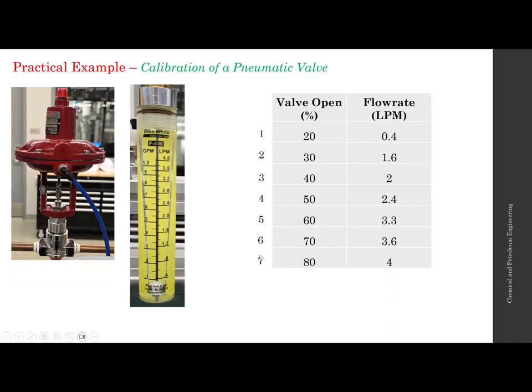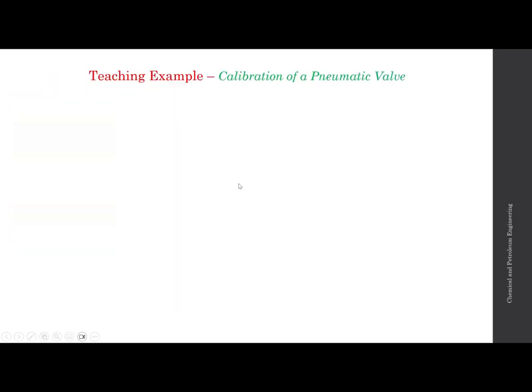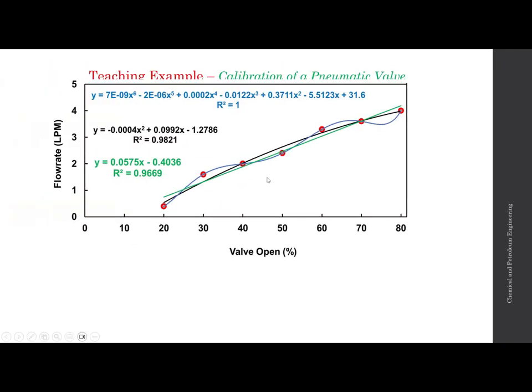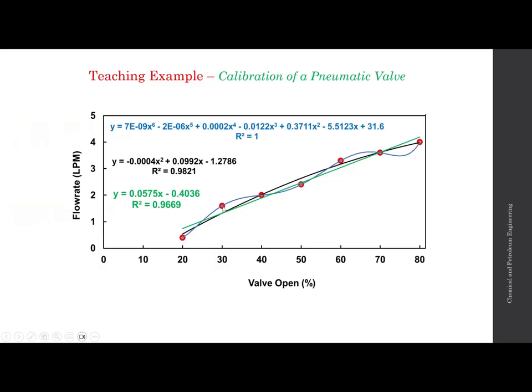And if we gather some data, then we can come up with the calibration curve. So eventually, this is going to be our data points, these red bullet points that you can see. And then you can fit different types of equations